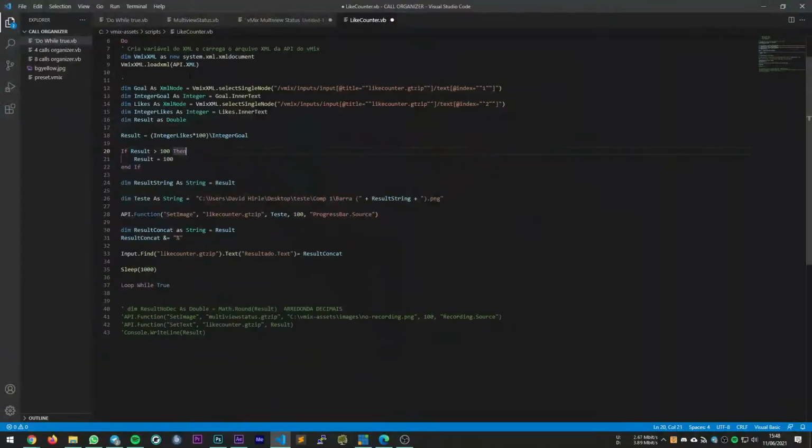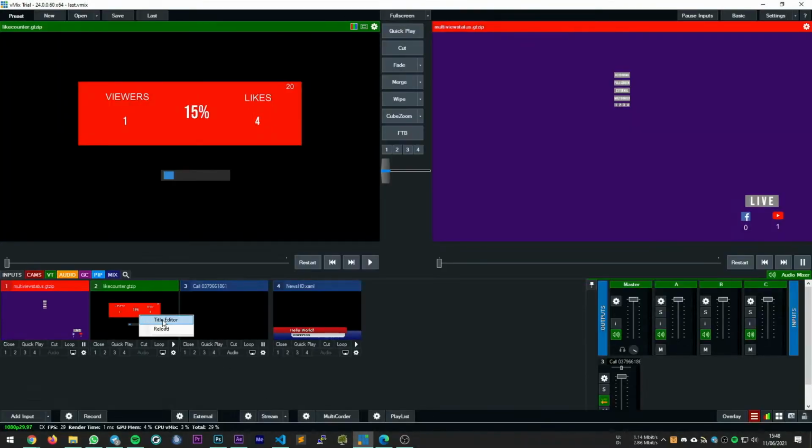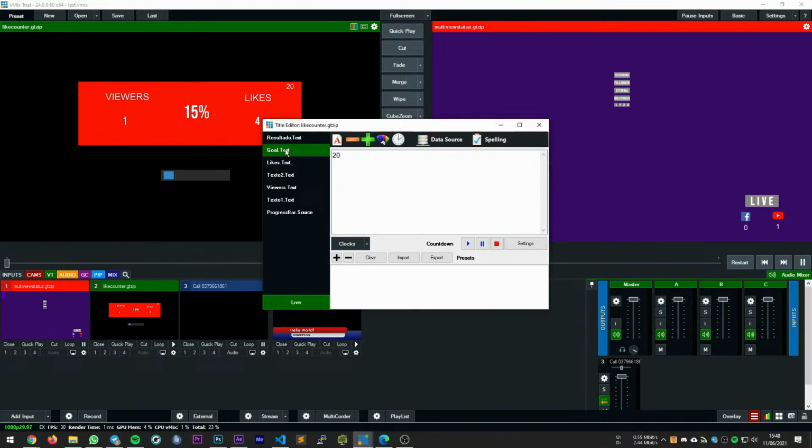Of course, definitely. By the way, I can show you the script. It's very simple. Let me just share again. What I did was, of course, get the vMix XML model. I set some variables here, like the goal, and the goal I'm getting from my title. So I can click in the title editor, then I set my goal here. So if my goal is 250,